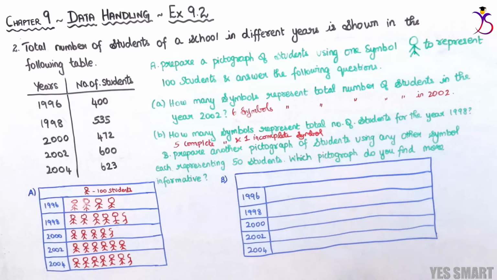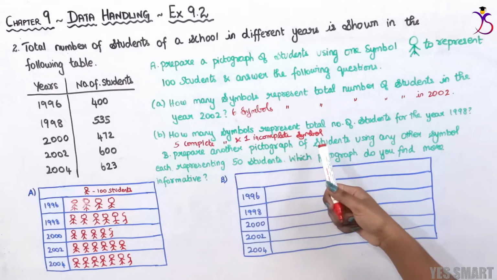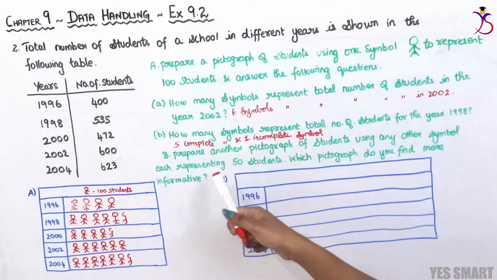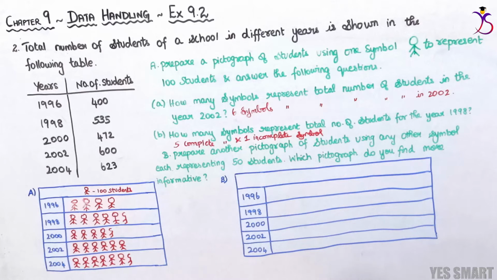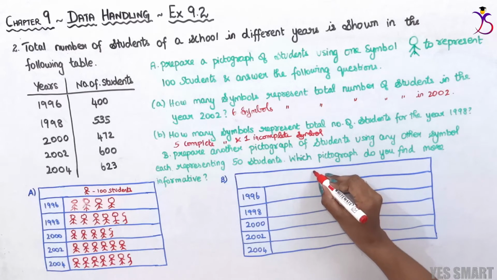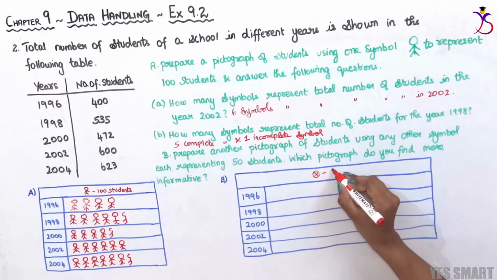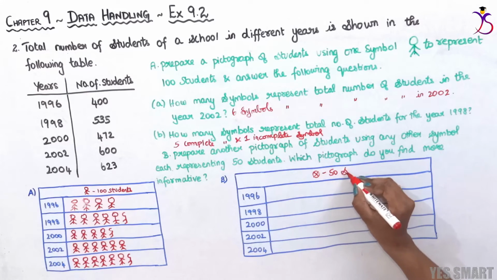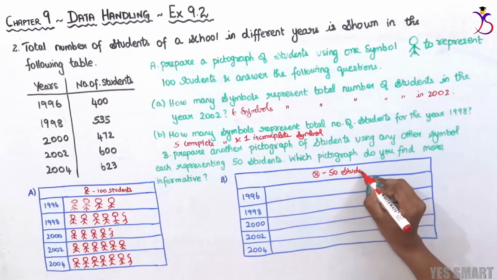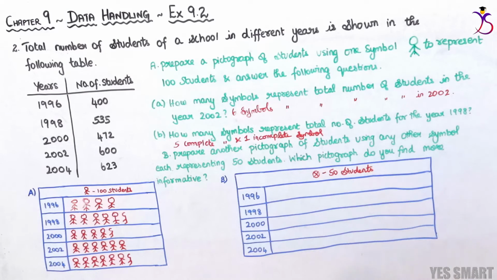Next, B sum. Prepare another pictograph of students using any other symbol, each representing 50 students. So we have to create one more pictograph in which we are supposed to use a different symbol. That one particular symbol represents 50 students. So for that, let's draw a tabular column. Let's write the years like this in the left hand side, and we will take this symbol to represent 50